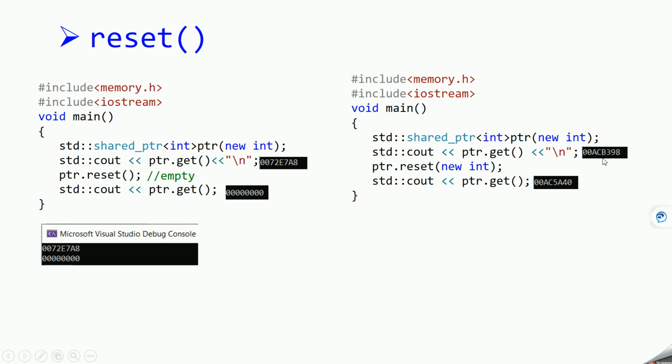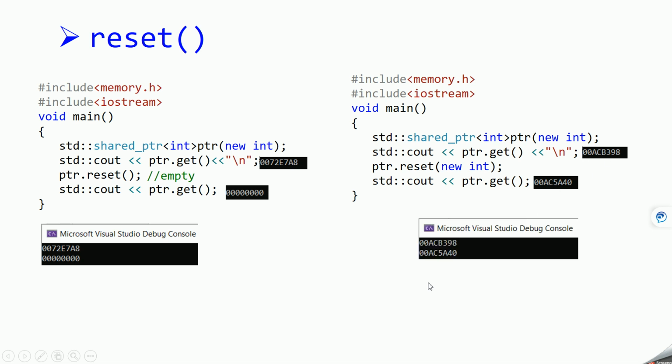Whatever address I am getting over here, you may get a different address, because when you run the program at a different point in time and on a different computer, you will get different output, but you will get some address. Okay, so the final output will be this. So these are the two use cases of the reset function.